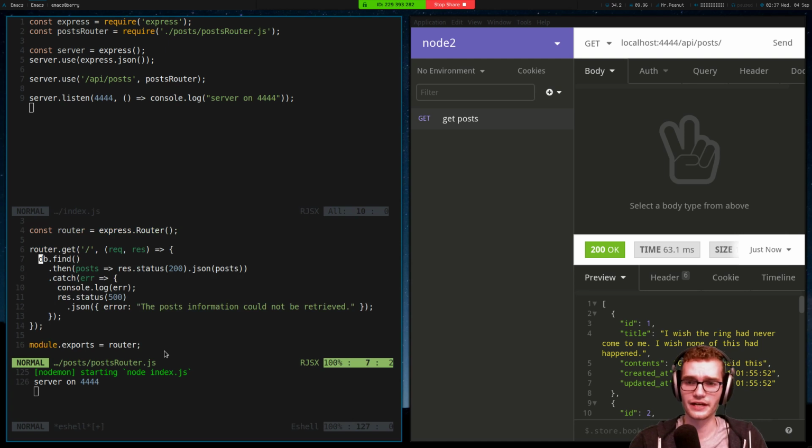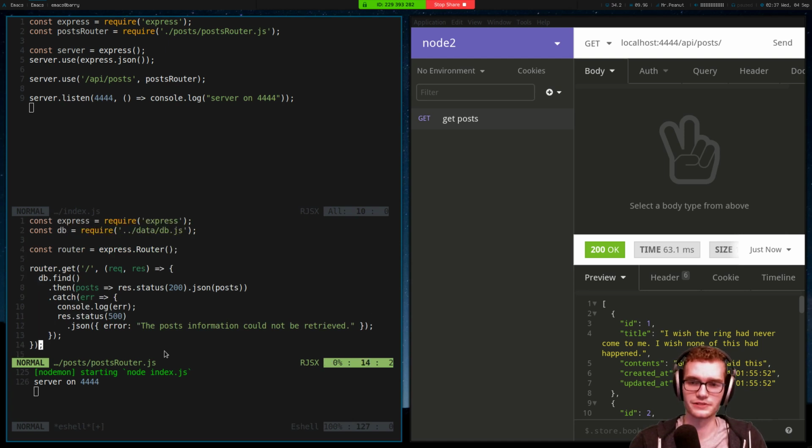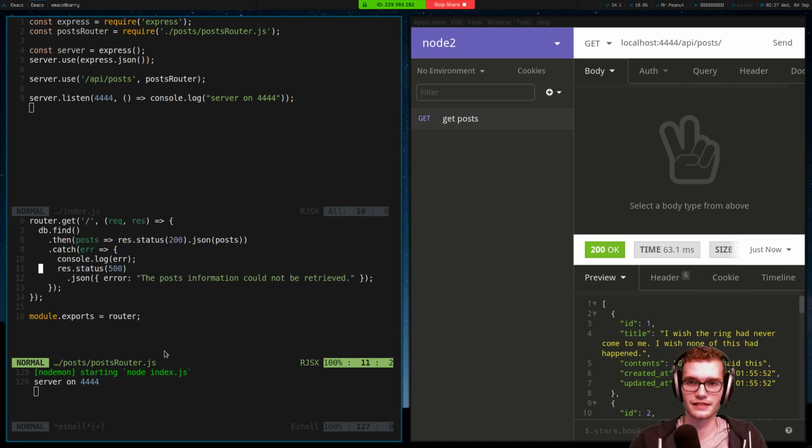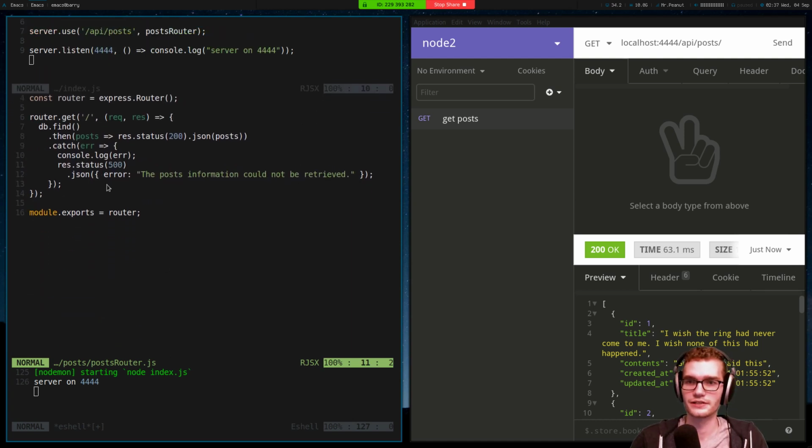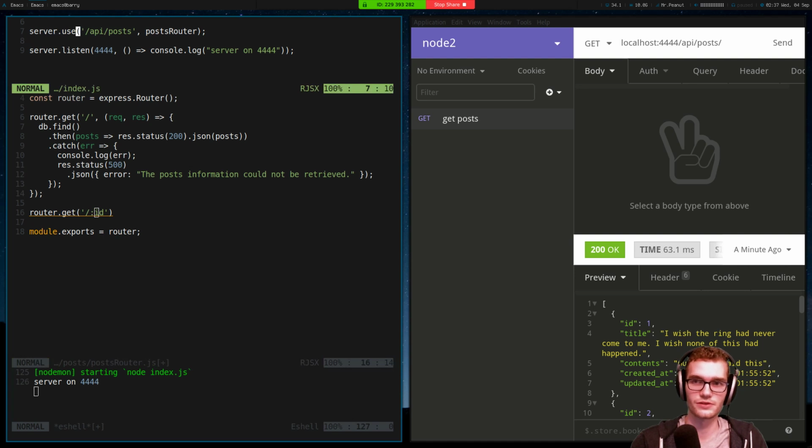So now that I have my first get done, I want to do my second get, because again, that's usually a smaller amount of work, and I like seeing my results come in. So I'm going to do a router.get, and this time we're going to be at /:id, because remember, this is going to resolve to /API/posts/:id. So this is going to allow us to get a specific post. I'm going to get my req and my res,